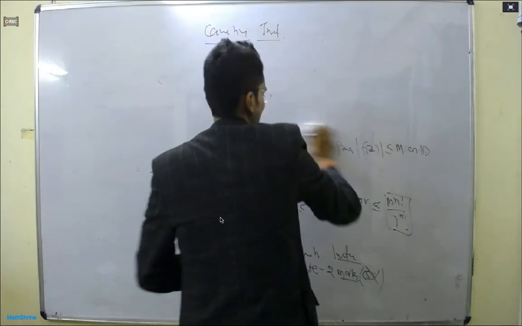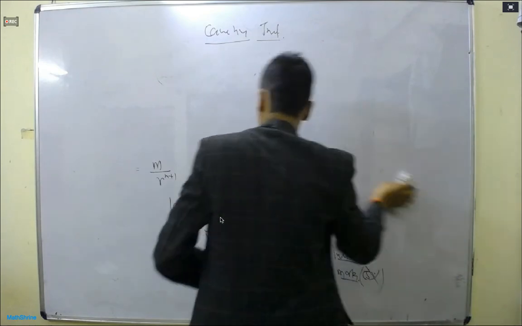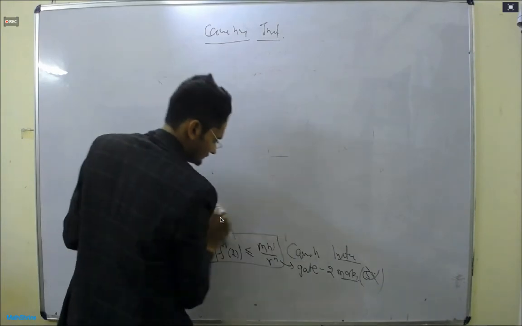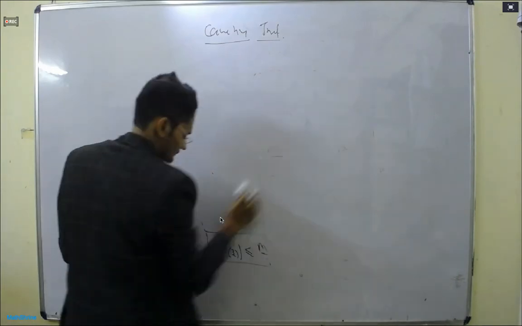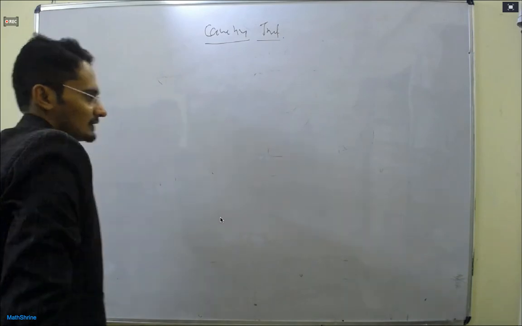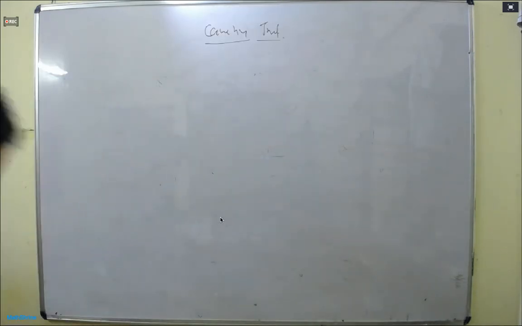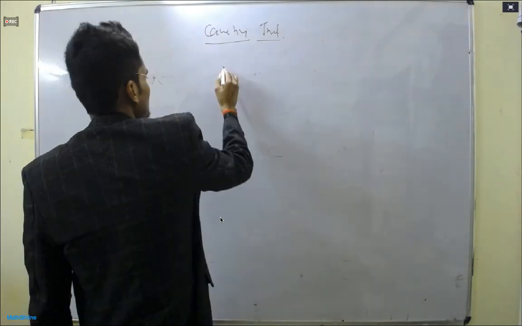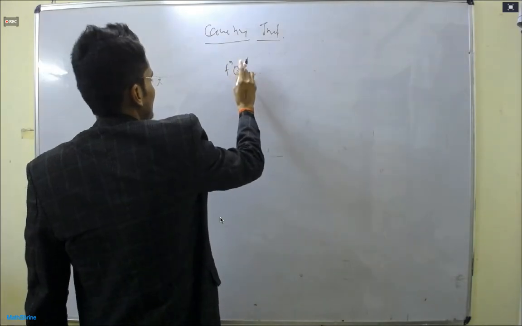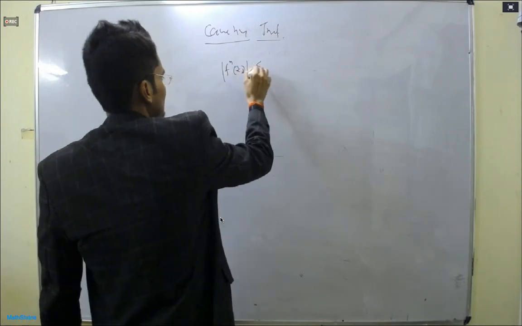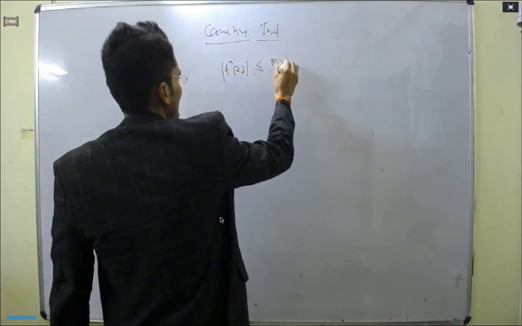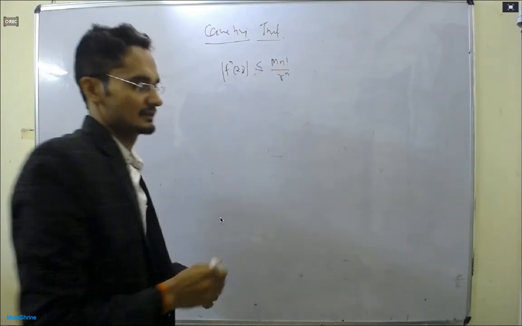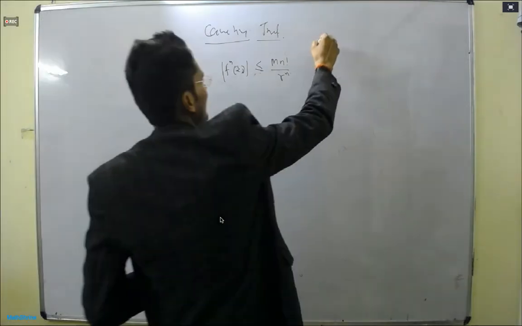So how will you calculate? I want to know your idea. You have given the Cauchy inequality: |f^(n)(z)| is less than or equal to M n factorial over r to the power n. This is given when the function is analytic on a domain D. Now, what about f belonging to the holomorphic functions on C? What should I do?